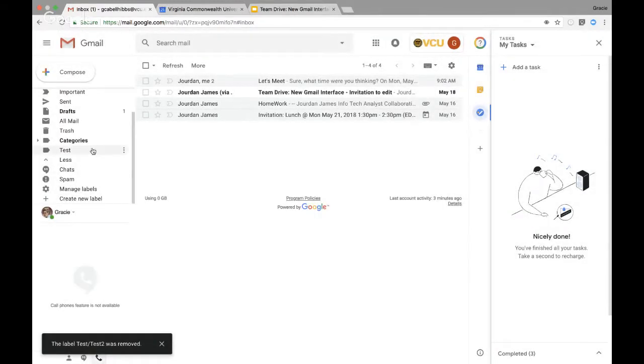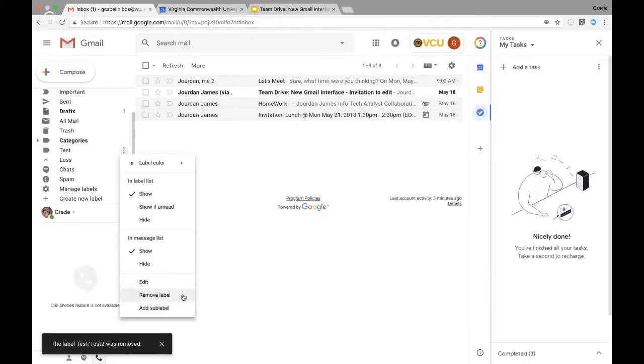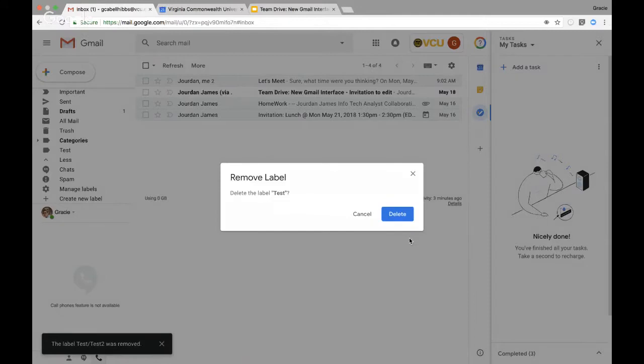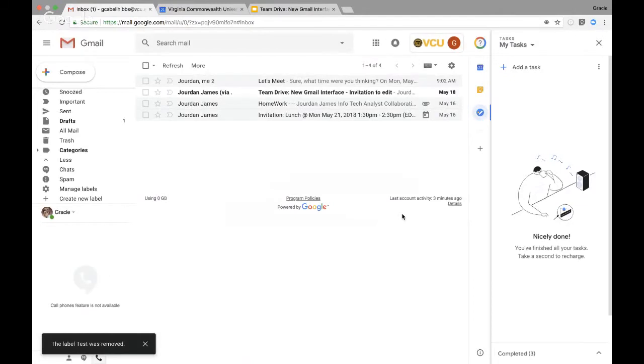And with the new Gmail, there are just so many ways that Google is wanting to learn us and help us get organized and raise our productivity. So hopefully tomorrow you all choose to switch over. You will be able to switch back. Right now, there is no date that Google has notified us or set that the old one is going away. Once we are notified, when you go to